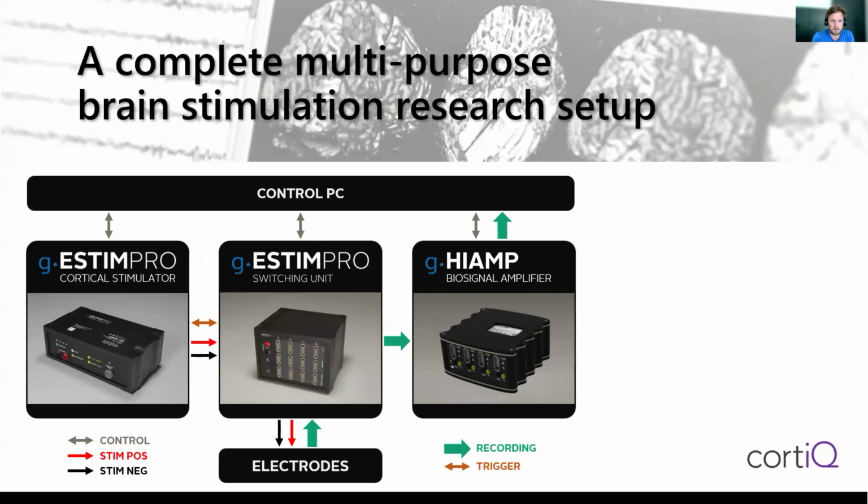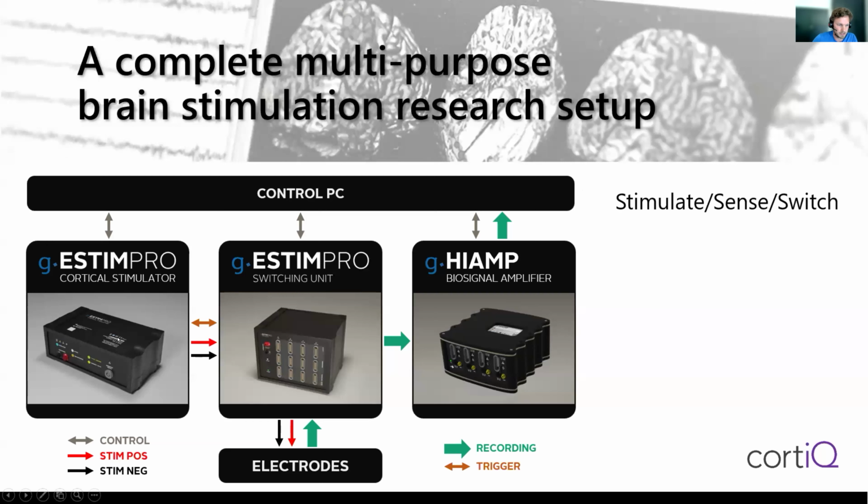You can see a complete overview of our multipurpose brain stimulation research setup. As you can see, it consists of 3 devices manufactured by g.tec. It's, of course, a stimulator, because stimulation needs a stimulator. Here, the g.Stim Pro cortical stimulator. And we have the g.Amp, the biosignal amplifier, which is recording the signals. And in between, we have the switching unit, which connects those 2 devices. So conceptually, with this setup, we are able to stimulate, we are able to sense, and we are able